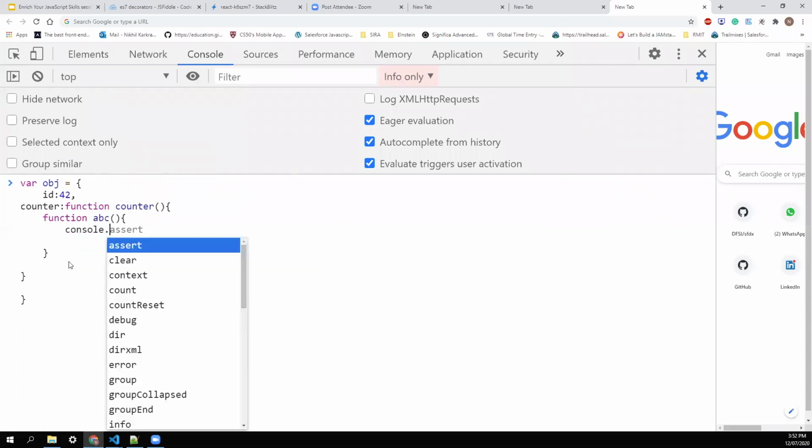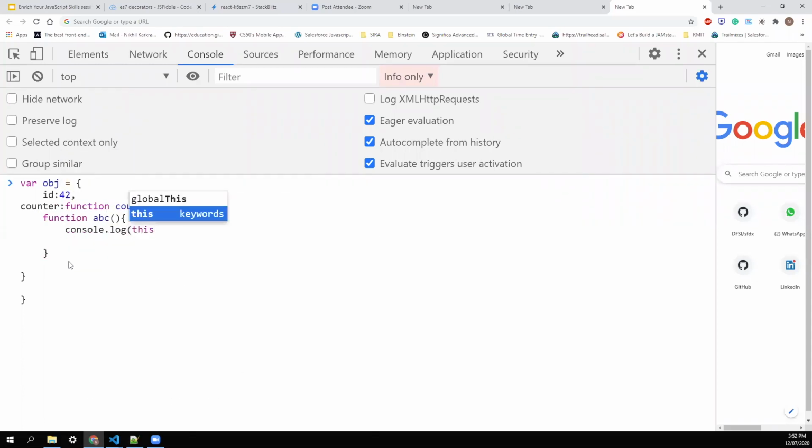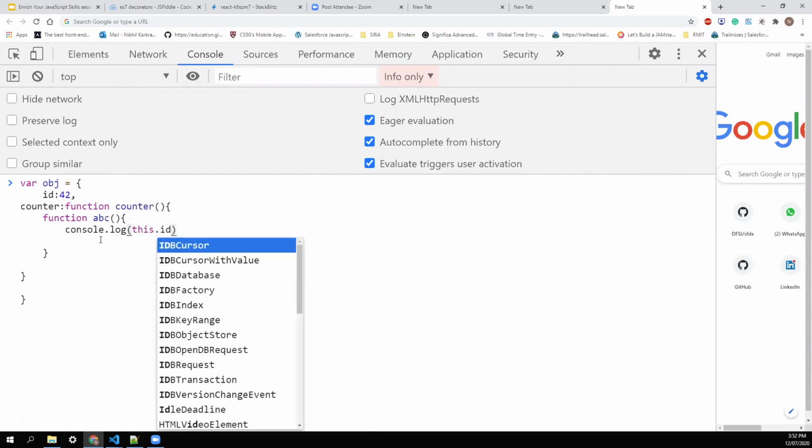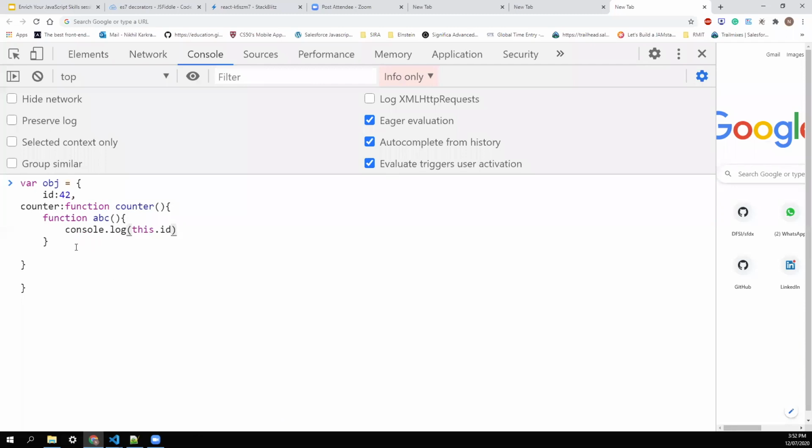Now I'm printing console log this here, and I want to access this dot ID, and I'll call this function immediately after that. Let me clean it a little bit for better understanding, just give me a second.